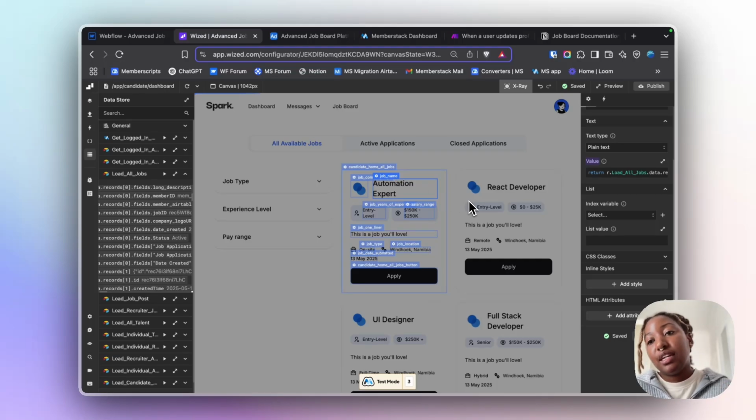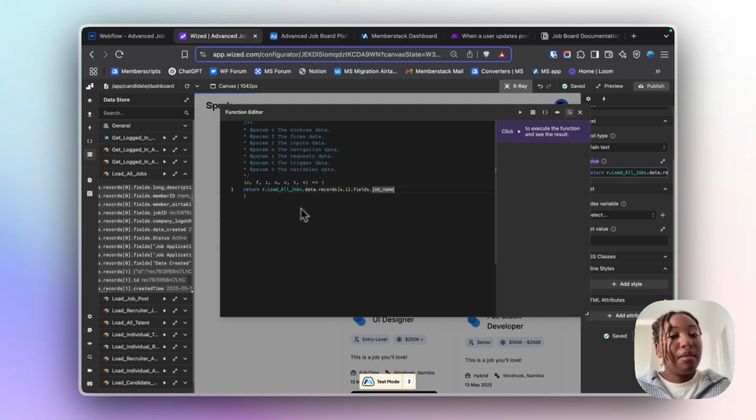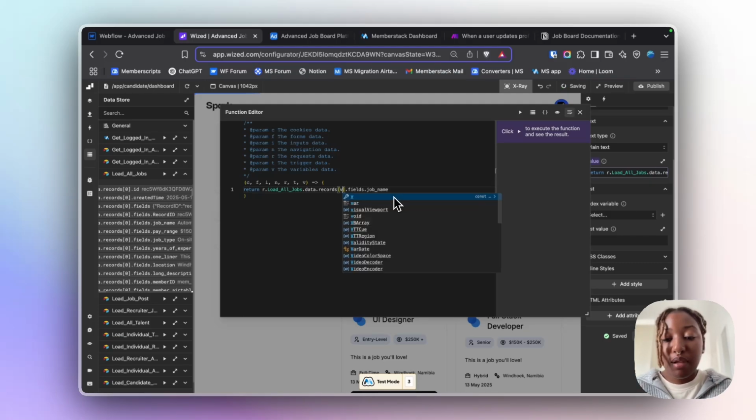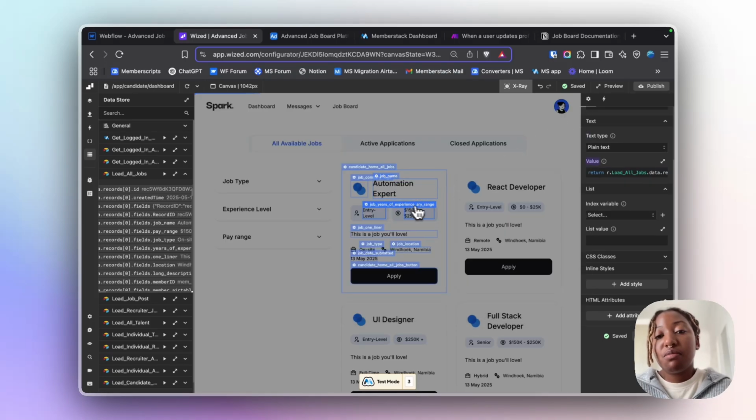For the job name in any text elements, we set that over here where it's under text type, so plain text. The value will be defined almost the same way as the company logo, but in this case, we're going to choose the field for job name. So again, we won't define it as a static 0, because that will just give us one job name, and that is not what we want. What we want is to loop through all of our records and give us dynamic job names. So we set it up as the variable that we've defined, go into fields and extract the job name. That'll be the same for years of experience, salary range, job one-liner, job type, location, and then we go to